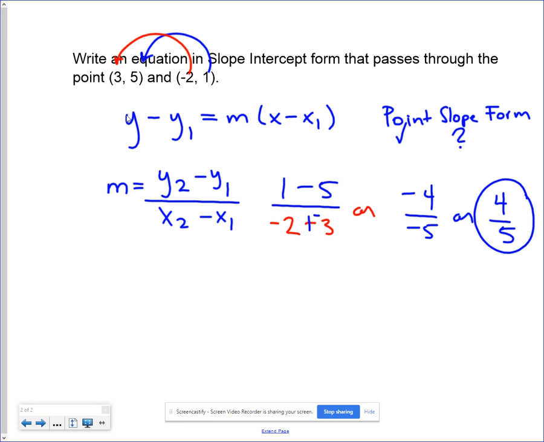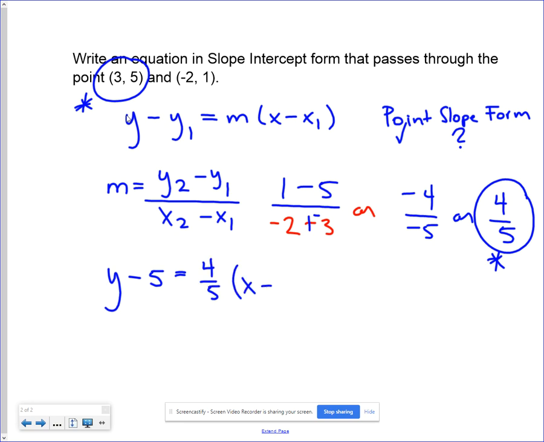Now we're going to choose one of the points. It doesn't matter which point you choose. You just have to choose one of them. Let's just choose the first one. So let's plug this point and this slope into point-slope form. We get y minus 5 equals 4/5 times the quantity x minus 3. Y minus 5 is equal to 4/5 times x